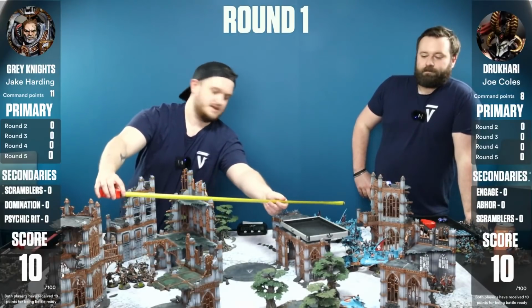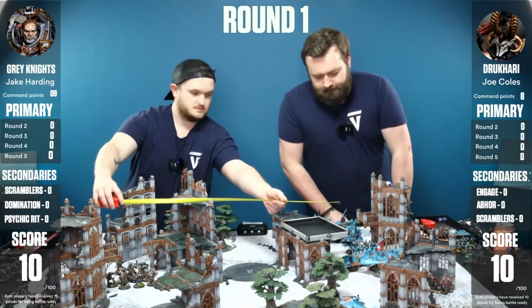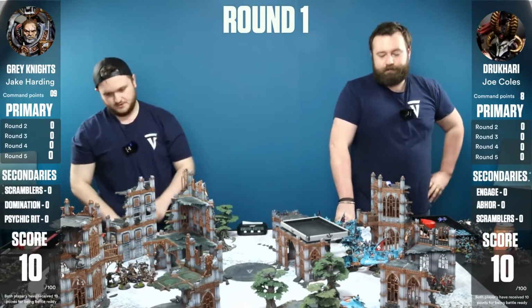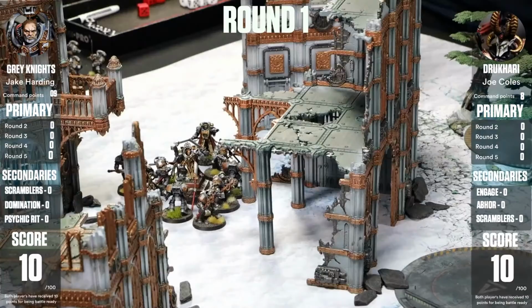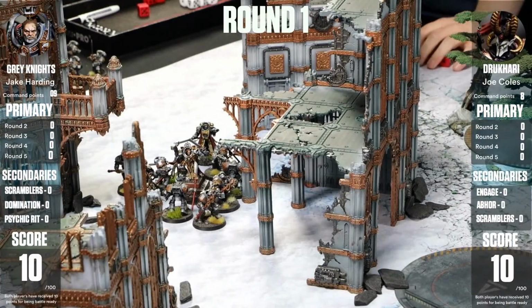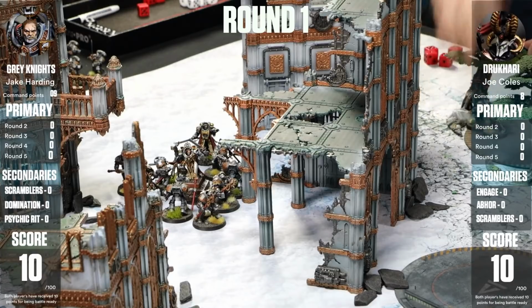Am I in range of the Hellions? So that's my back one. Leave them alone! The back one. Yes, you are in range of the Hellion. So they've got the extra range because of the thing. I'll scramble with that unit. Actually, I'll scramble with this unit here, just in case. In your deployment zone? In my deployment zone. Just going to move into the...